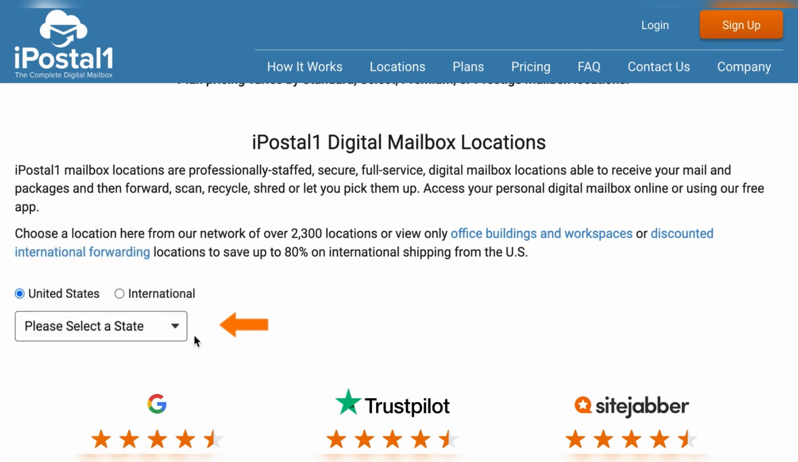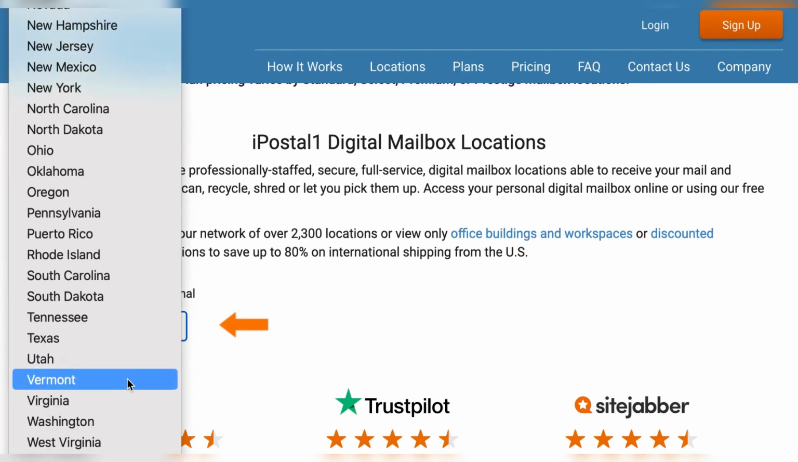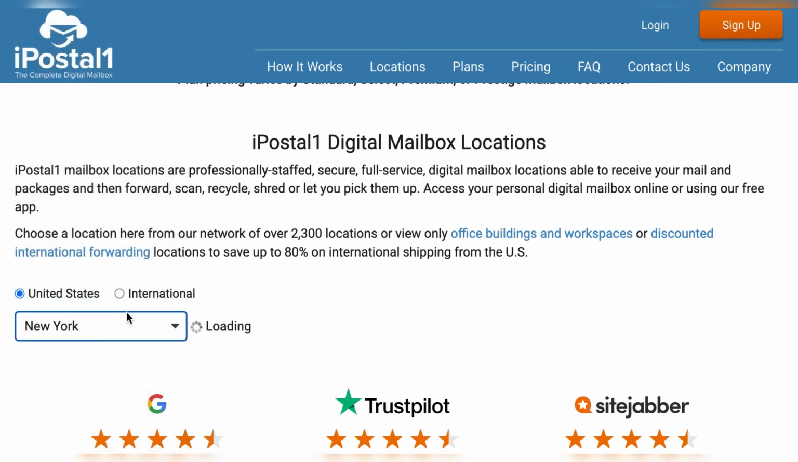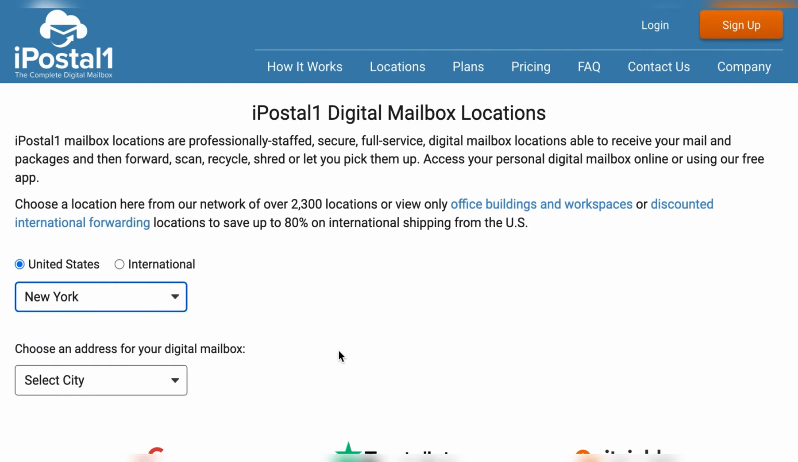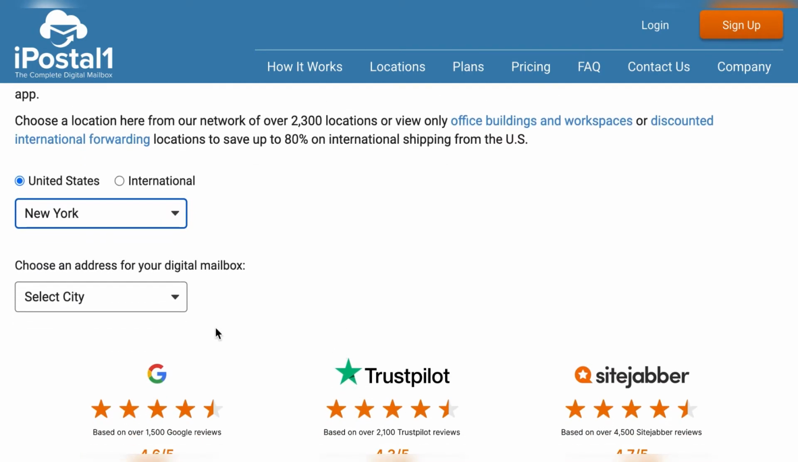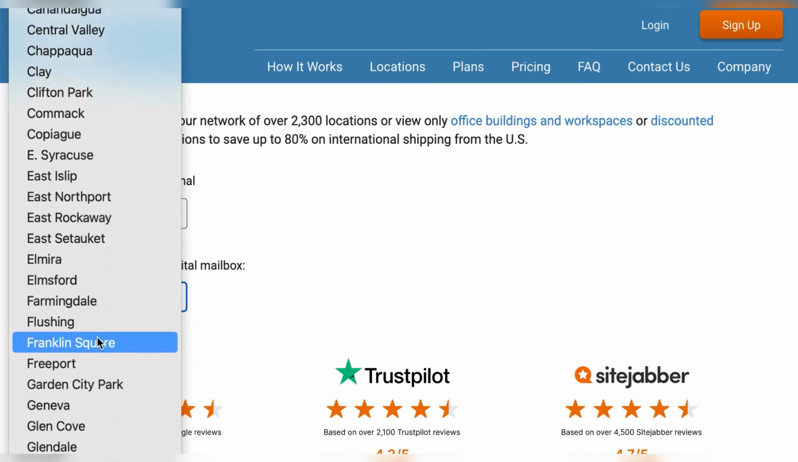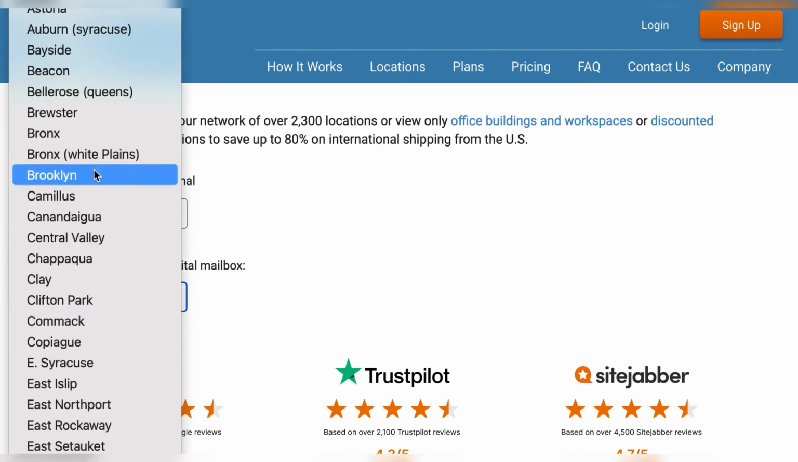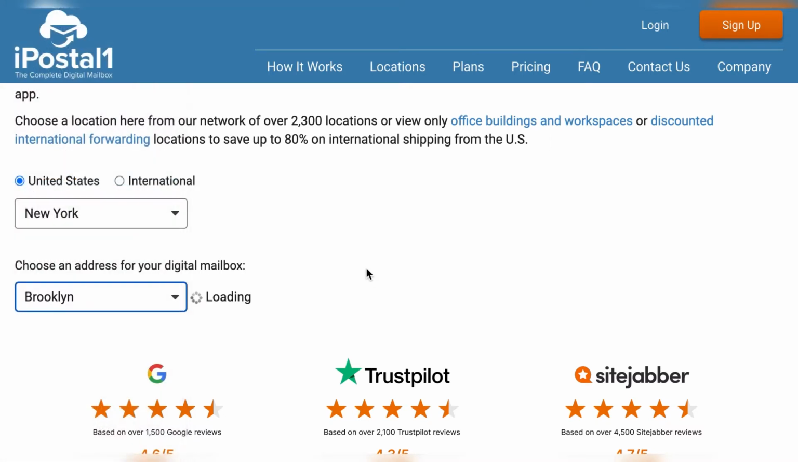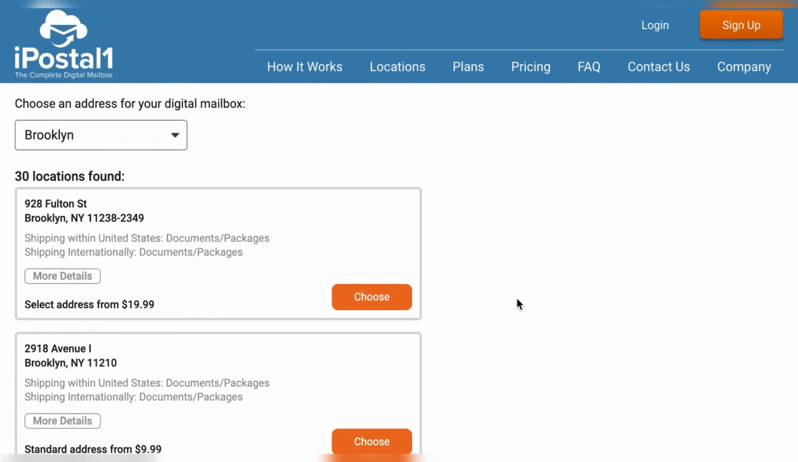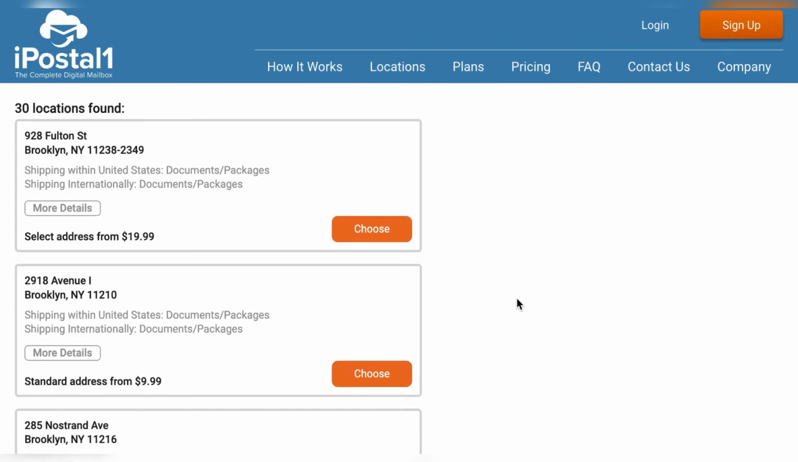And then say for United States, when you go down, you can see all the states. For me it's New York, and then I'll go down and try to find my location. So I'll go ahead with Brooklyn. So this is the closest from my place. You can go ahead and select whatever is close from your place, and then you can see all these options